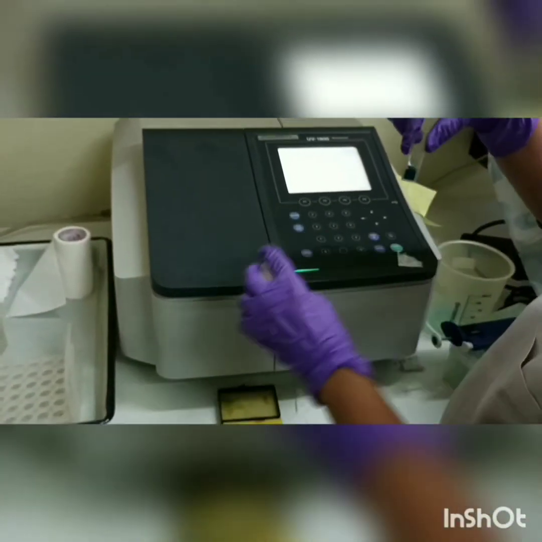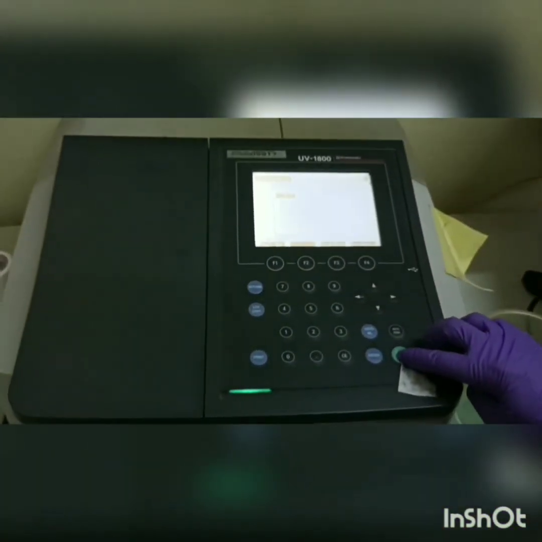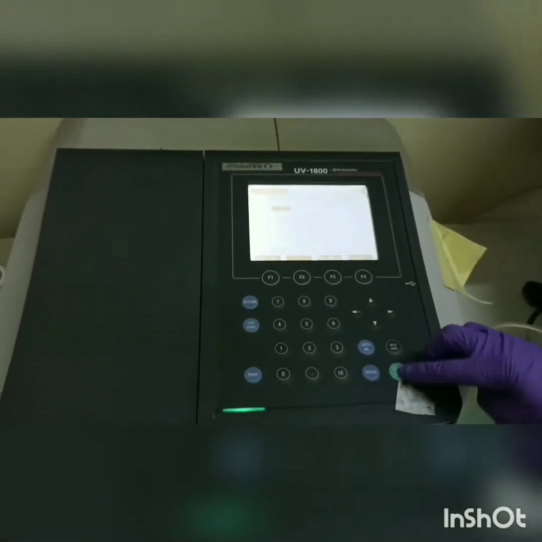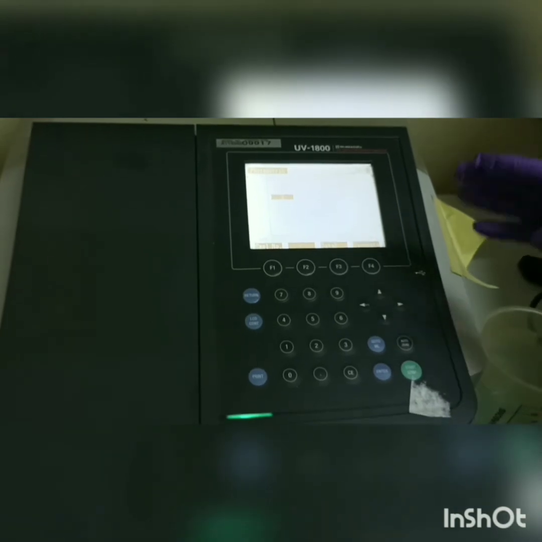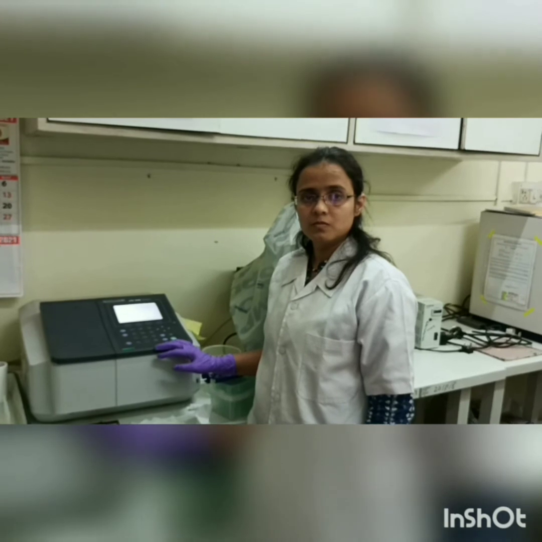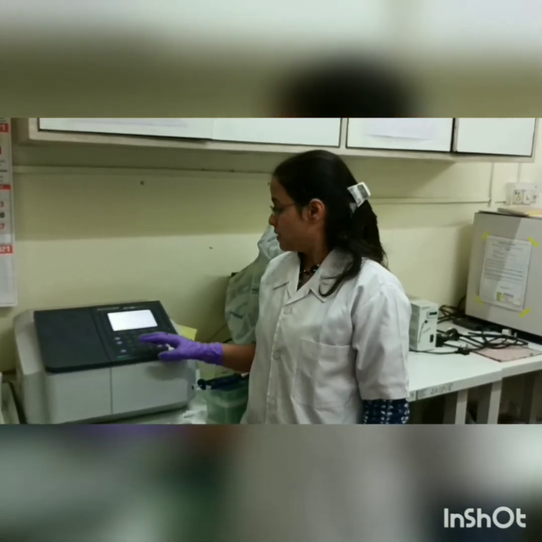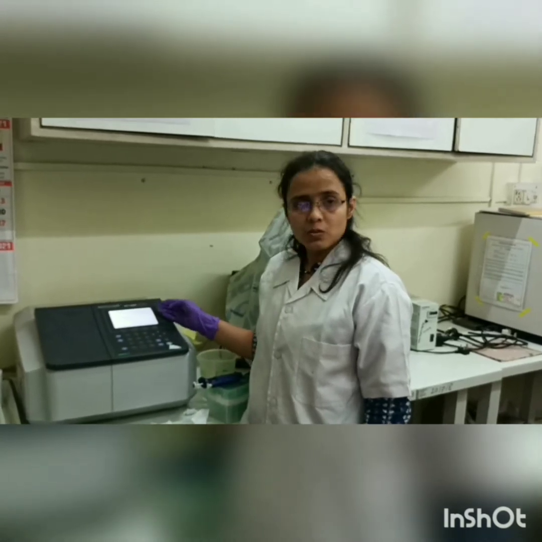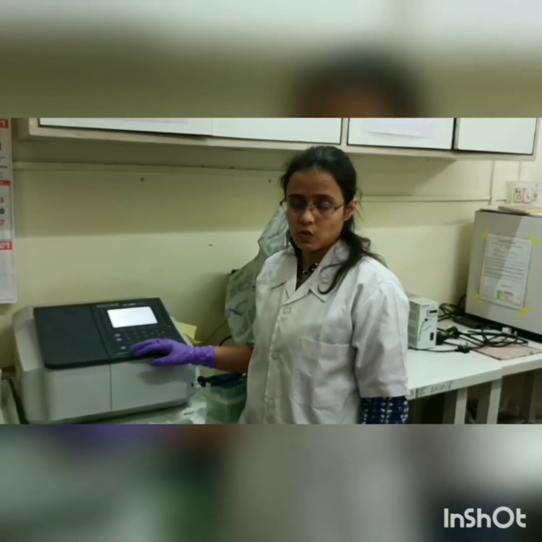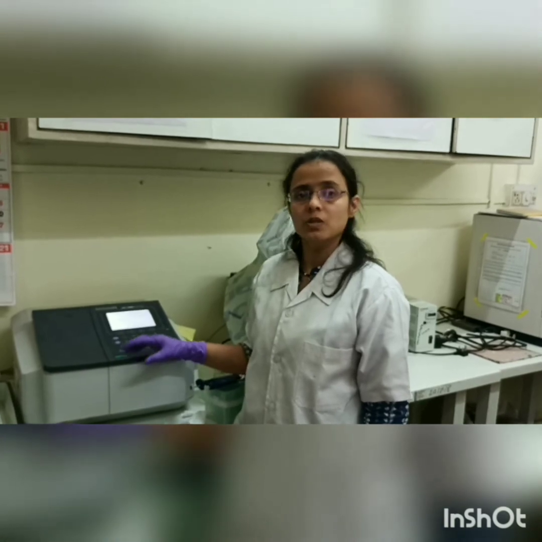Clean the cuvette. Similarly, take the further readings and note down all the readings. Plot the graph as given in the protocol and calculate the concentration of the unknown from the graph.